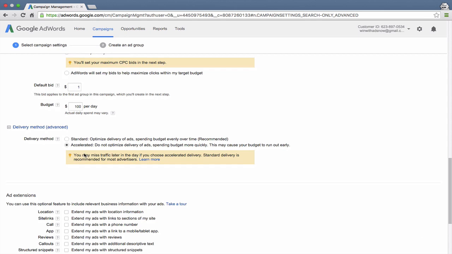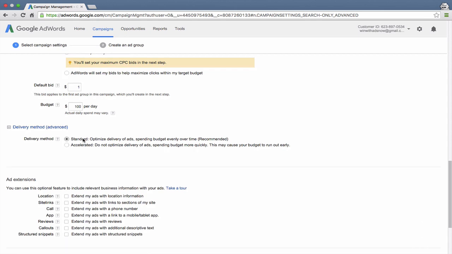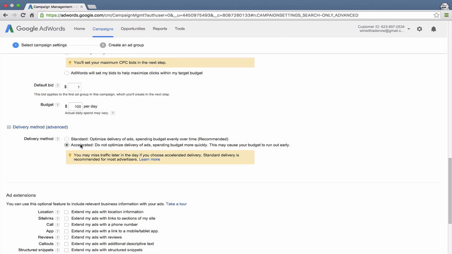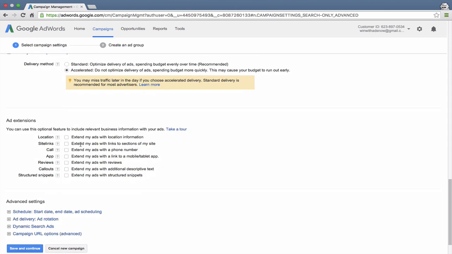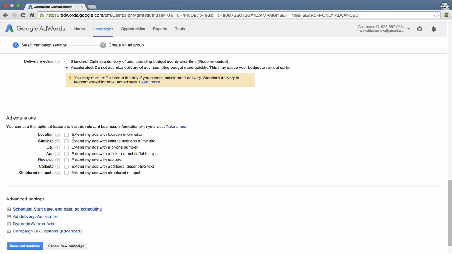So if you're limited by budget, typically you'll want to choose standard. If you're not limited by budget, choose accelerated. And I'm going to go ahead and choose accelerated for now. Then down here, there's some different options for ad extensions. Don't worry about these on this page here. We can add them all later on when it's easier to add them, and we don't need to select any